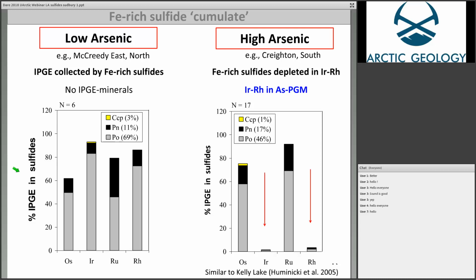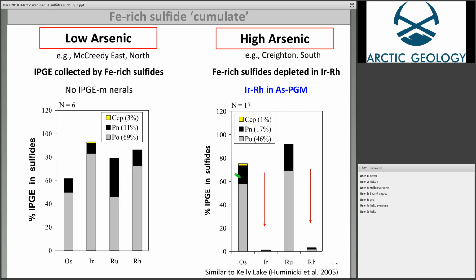So on the left, for the low arsenic ores, we can see that the results of the mass balance are pretty similar to what is normally happening in PGE-rich deposits, in that the base metal sulfides, your pyrite, pentlandite, chalcopyrite, host most of the IPGE. And certainly we did not find any platinum group minerals containing those elements, so this is kind of the normal case. So in Sudbury, in some deposits, we have no arsenic, that the PGE are hosted in your base metal